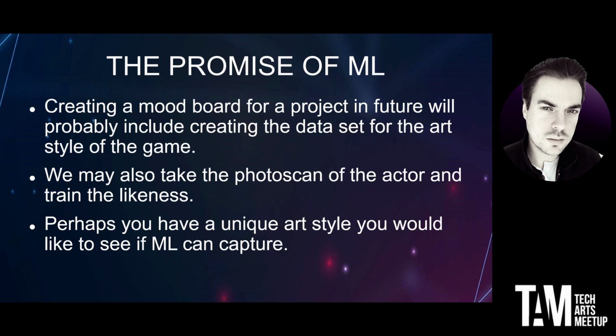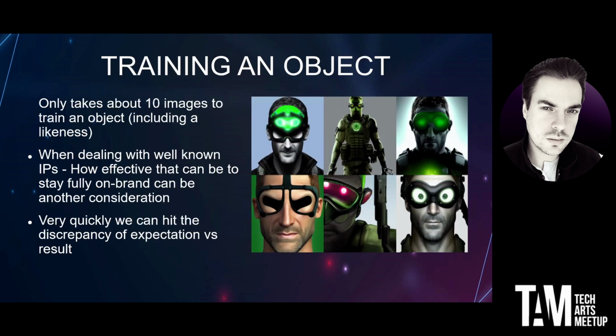And so what is the promise then? As soon as you get the idea of Gen AI, I'm sure all of you started thinking about how can I use it? What can I use it for outside of it just being, say, a gimmick? So if we're looking at ways to, say, take a photo scan of the actor and train a likeness on them, or we're trying to get a mood board created for the art director, maybe we can do something really quickly on that. And so there's immediately ways that you can think, oh, I think I could use it. I think we could actually get a benefit of it.